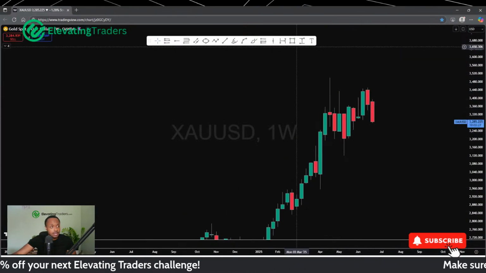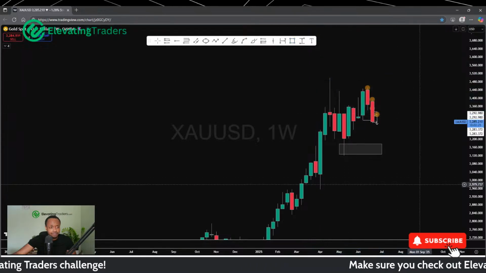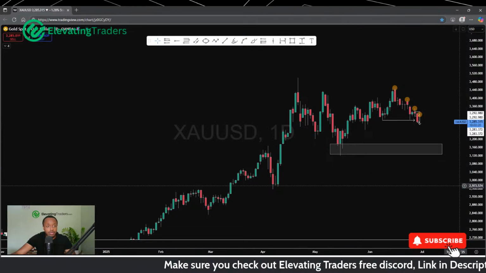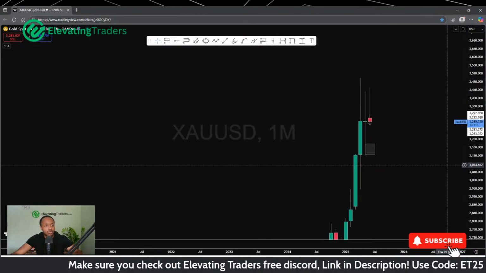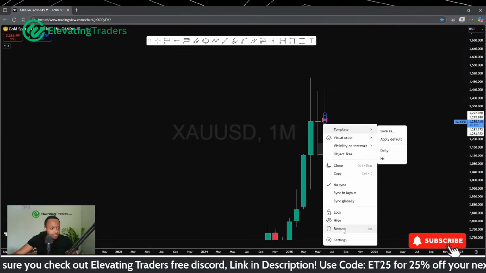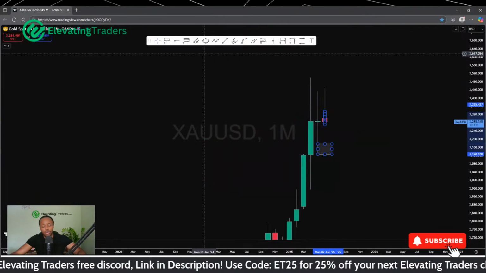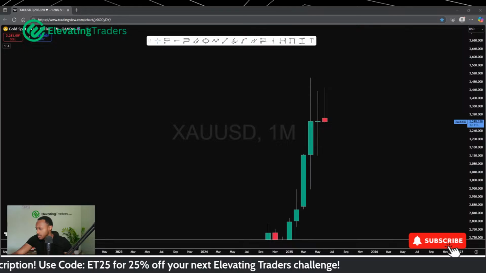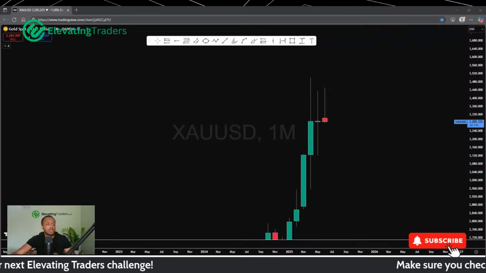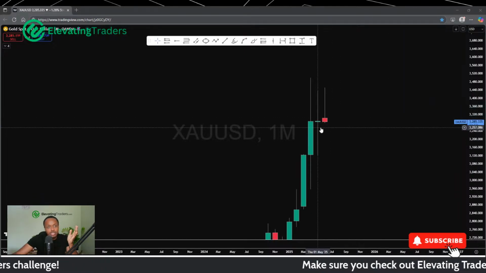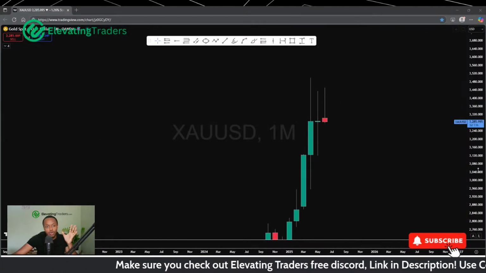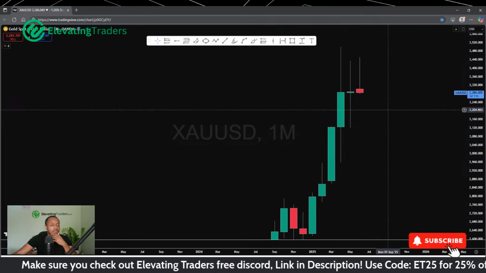And yes, this area of resistance here on the weekly chart, price is really struggling there as well. On the monthly candle, we've of course got the rest of today and Monday before we do close. Monday is the end of the month, isn't it? Yes, Monday is the end of the month. So that could change. That could fluctuate. Again, trying to predict which way we're going to close is quite a difficult thing to do. So I'm not going to do that.